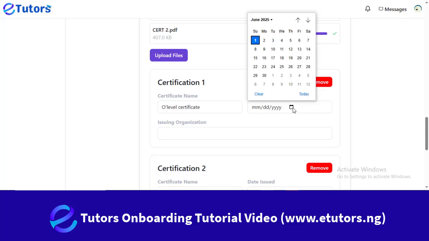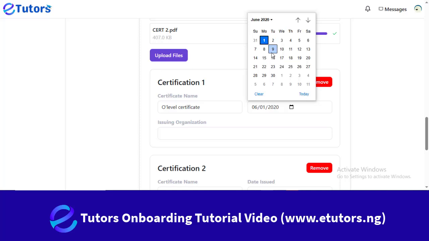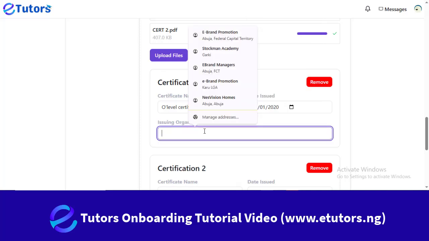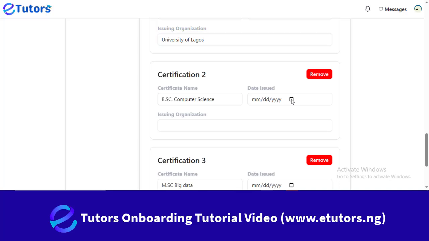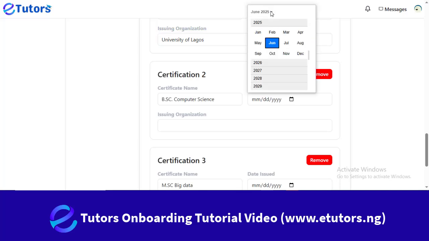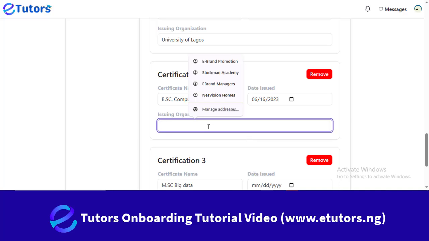So it asked me for the dates this was given. So I'll just scroll back to, let me just say June 2020. Issuing organization, I can say University of Lagos. So here, just make sure you input all your data in details, right? Because if you don't put it in details, you might end up being rejected. I can say University,